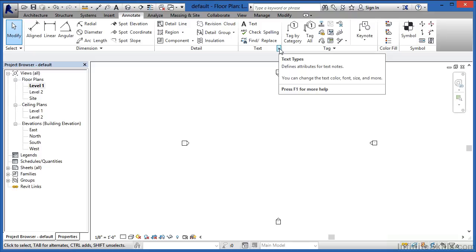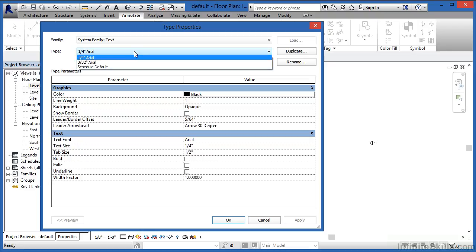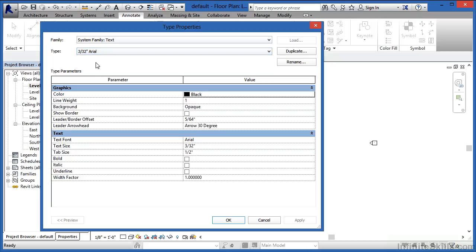If you select on Text Types, it'll then bring up the type properties for all the different types of text that you currently have loaded into your project environment. At this point, there's a little pull-down list here that says Type. And if you select there, you'll see a list of all the different types of text which are currently loaded into the template. From there, you can select on whichever one makes sense, and then manipulate its properties from here,